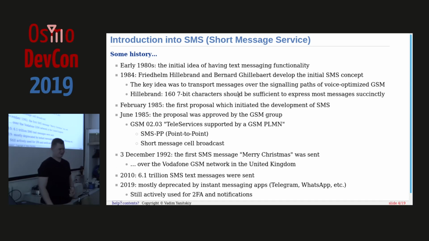It was in the UK over a Vodafone network. And then in 2010, around 6 trillion SMS text messages were sent. And today, I think they are mostly replaced by instant messengers like Telegram and so on, where they don't need to pay. But still, they are actively used for things like two-factor authentication or different notifications